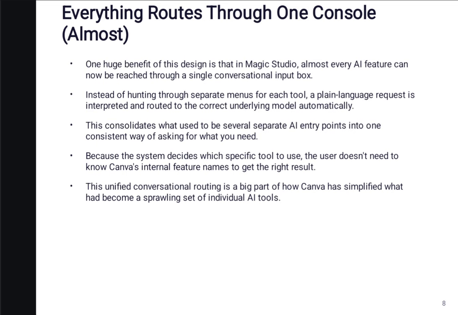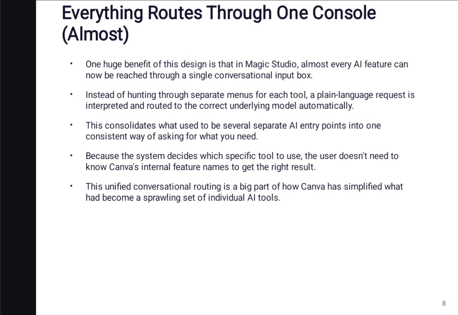Everything routes through one console, almost. One huge benefit of this design is that in Magic Studio, almost every AI feature can now be reached through a single conversational input box. Instead of hunting through separate menus for each tool, a plain language request is interpreted and routed to the correct